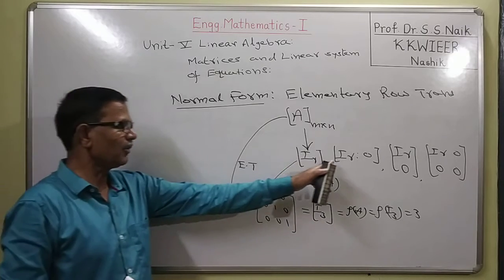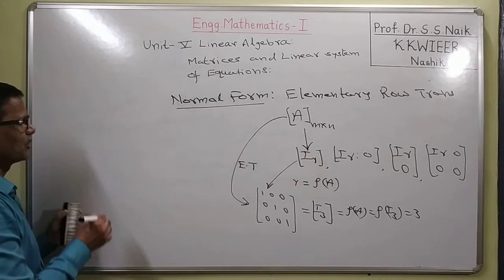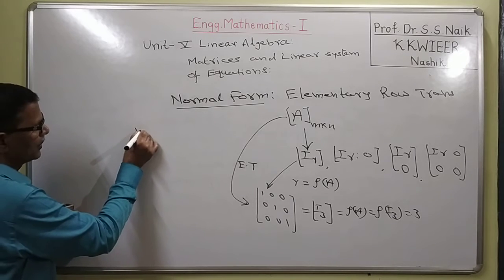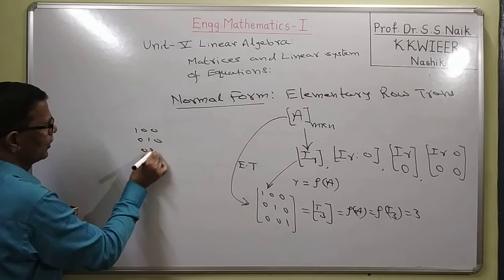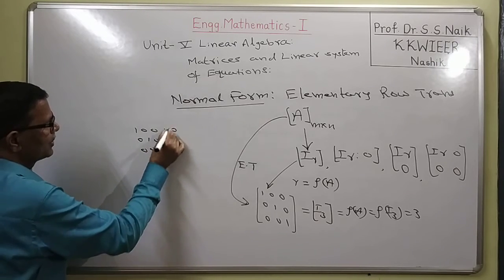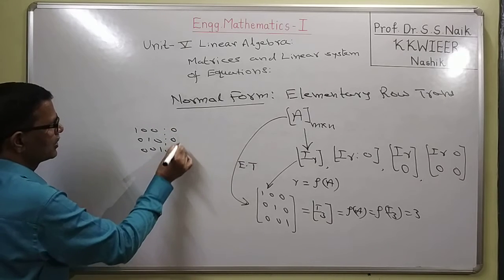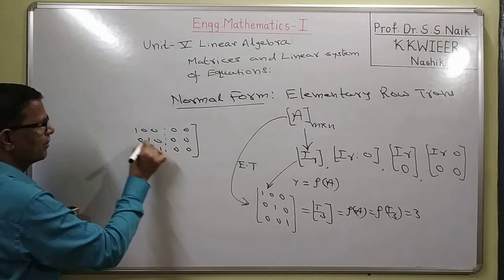Similarly, here you are having IR0. So in IR0, you will be having things like this. Say for example, you are having 0, 0, 1, 0, 0, 0, 1. And then here you are having a 0, this is 0 and 0. So this is 0 and this is 0. So if you see this matrix